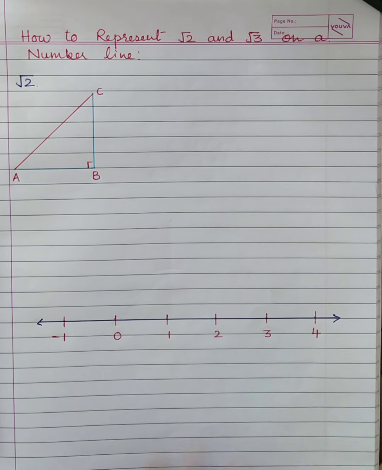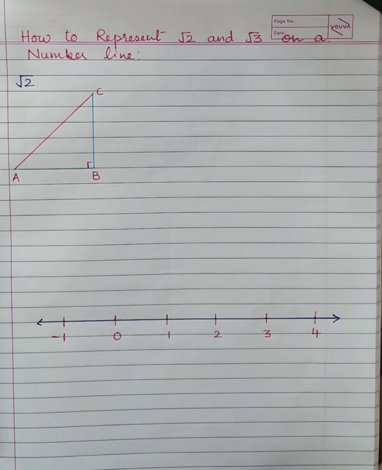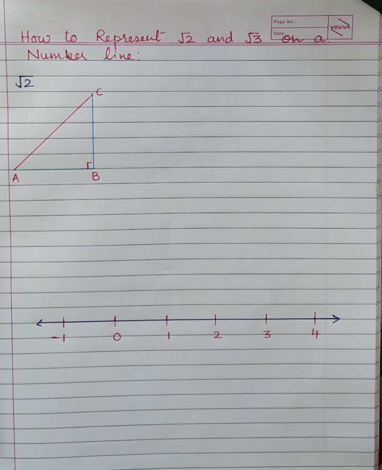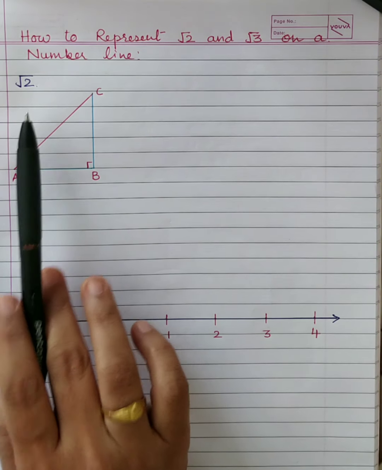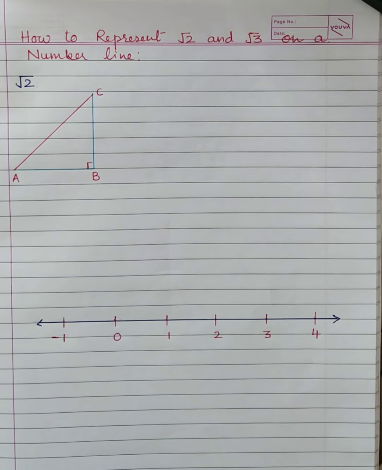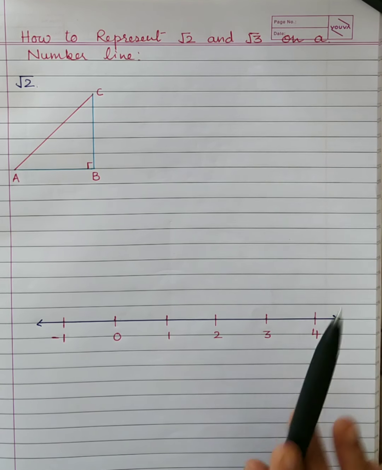Now, rational numbers, how to present them on the number line, you have already studied this. The interesting part is that root 2, as we have studied, is an irrational number. By definition, irrational numbers are numbers whose decimal representation is neither terminating nor recurring. So you may be wondering whether and how it will have a place on the number line. That's what exactly we are going to see.